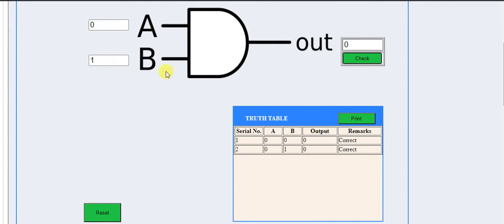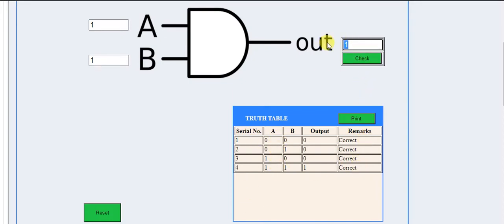So 0 1 also it is 0. Similarly 1 0 also it should be 0. Whenever it is 1 1, if I make it 1, my logic will be correct, right? For all four combinations I got remarks as correct.